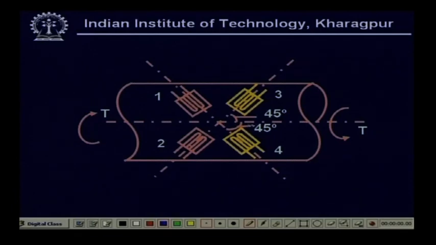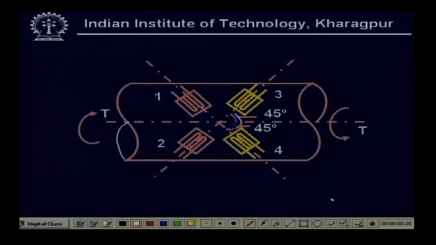This is a 45-degree helix, and you see here this is a 45-degree angle, it is coming up, this is 45-degree, this is also 45-degree helix, and these 3 and 4 you cannot see from this side, right. It is on the other side, that is the reason we have drawn it different with a different color, right. And so, I should draw here strain gauges 1 and 2 and 3 and 4,